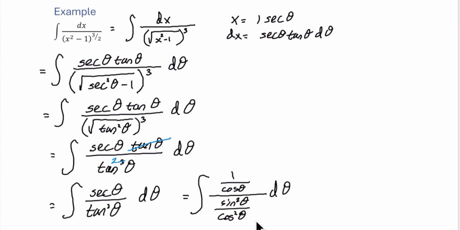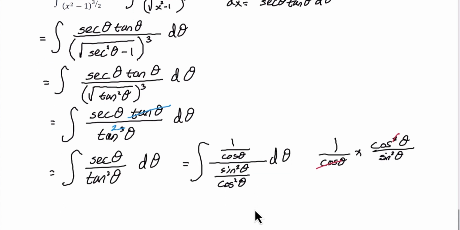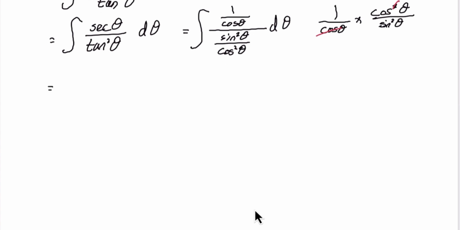At this point, we have a fraction divided by a fraction. Remember, to divide fractions, we keep, change, flip. We're going to keep the numerator, change division to multiplication, and then flip the denominator. I'm going to ignore the integral for a second. We have cosine theta, the numerator, change division to multiplication, and then we flip, or get the reciprocal of, the denominator. That is cosine squared theta divided by sine squared theta. One of the cosines will go away. We now have the integral of 1 times cosine theta, which is cosine theta divided by sine squared theta